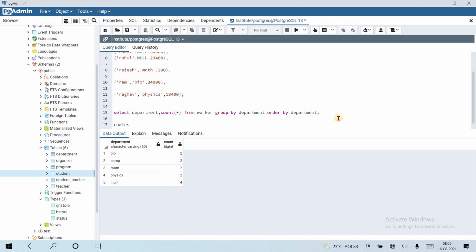Coalesce, okay, I am writing in capital, COALESCE, that's it. And the syntax is source, comma, value, like this. So if this source is not found, then it will replace with this. If it is found, then it will use the source value. If I use null here, it means if null is found, replace it with some value. Okay, let's use it.